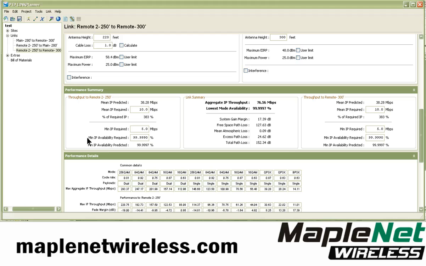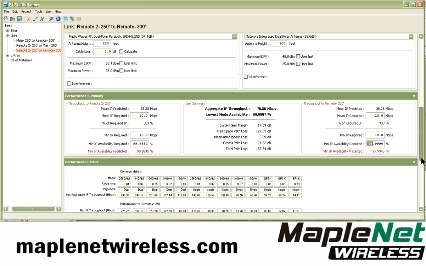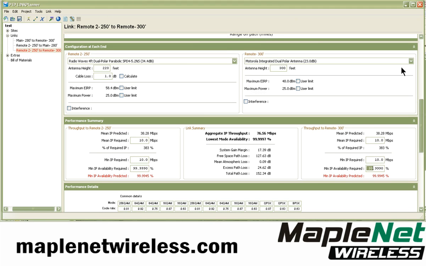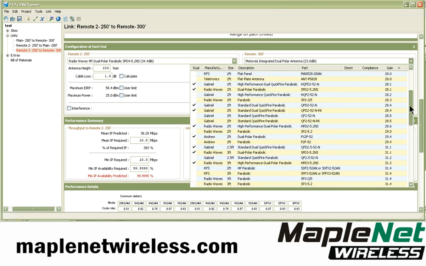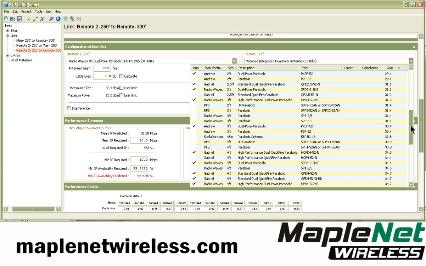So we look in here, what I've changed is that I want to maintain 5 nines of availability at the minimum IP of 10 megabits per second on each side of the link. Remember to do things for each side as long as you're looking at a symmetrical link. Now I look here again, I've turned this red, which means that I have a problem with the link. If I go back up here and select a radio waves